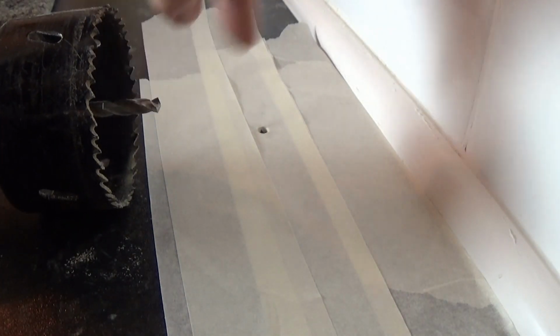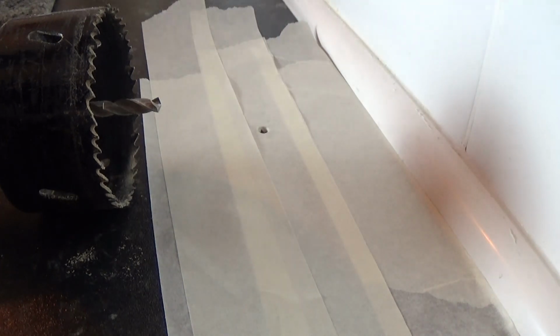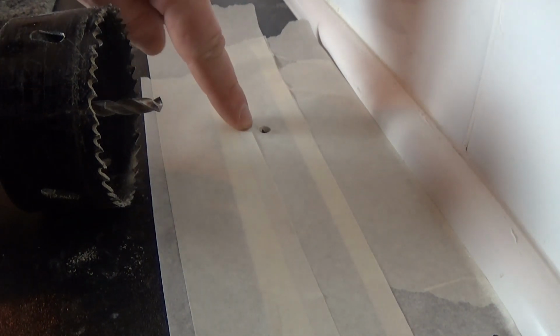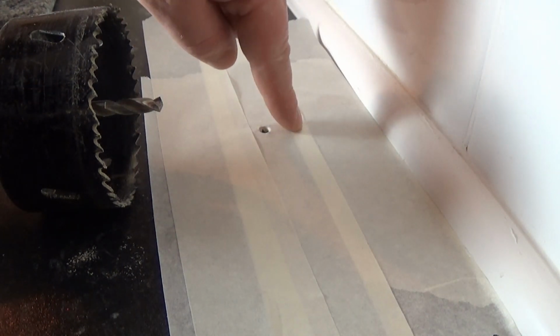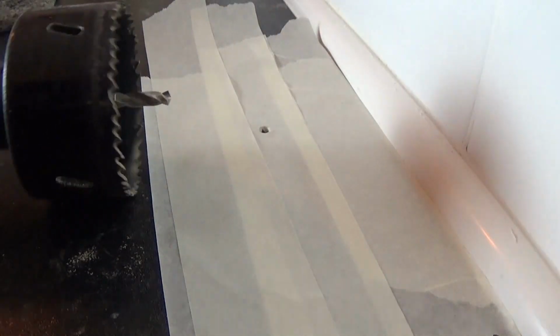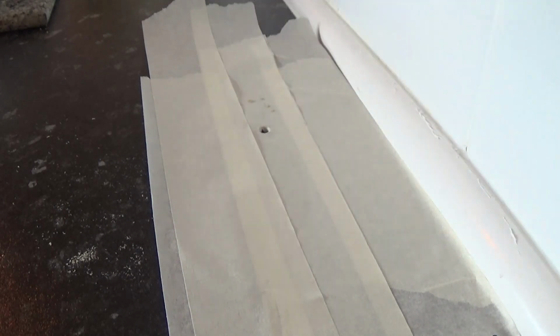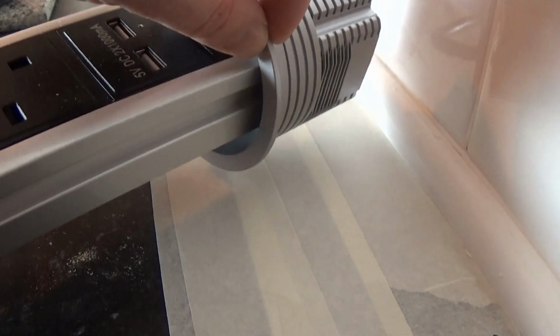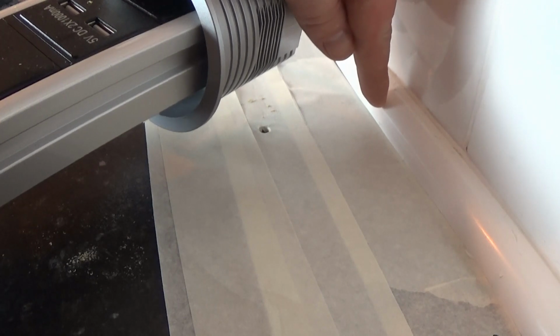Okay, so we've come through with the drill bit, and now we're going to go from the top downwards, and hopefully we'll get ourselves a clean hole. Now I'm going to admit to you that that's the second attempt. The first attempt, they all landed around here and it was perfect. It would have been perfectly placed, except I didn't take into account this lip on here that would be sat here,